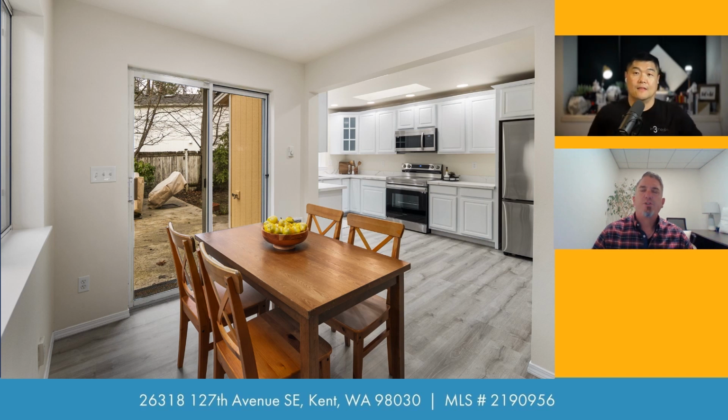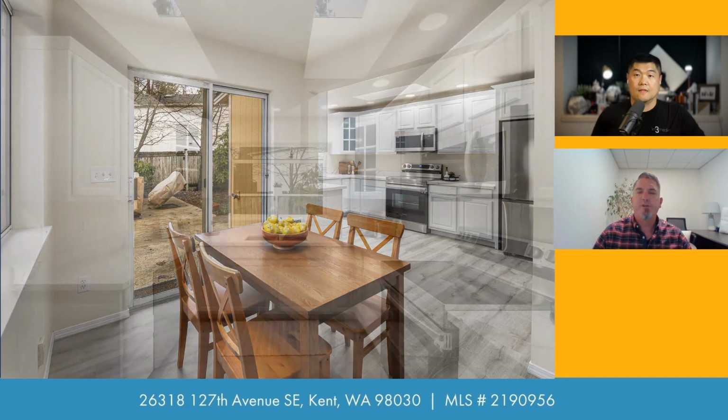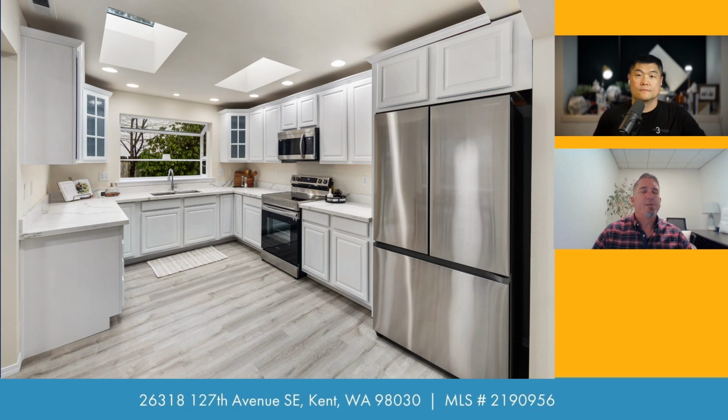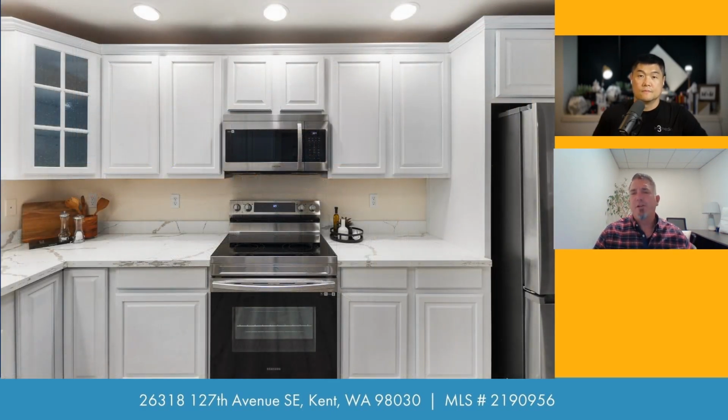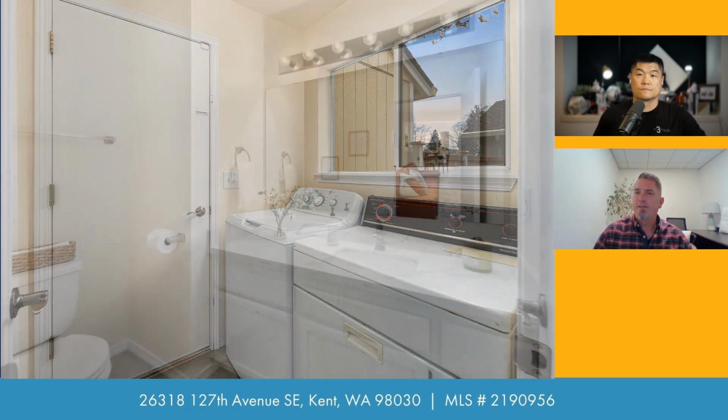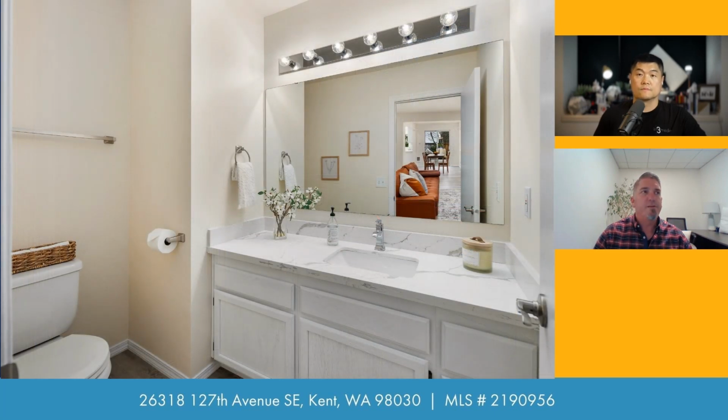Sure. So when I help someone sell their house, we're going to identify which projects we absolutely need to do in order to get top dollar for the home. Sometimes that means we're just going to clean the carpets. Sometimes it means we're just going to paint, but some of them we really needed to. And this one in particular was in really bad shape. We spent about $75,000 to get this house ready for sale, and we ended up selling it for $730,000. We probably would have been in the fives if we sold it as is. So we put in a $75,000 investment for about a